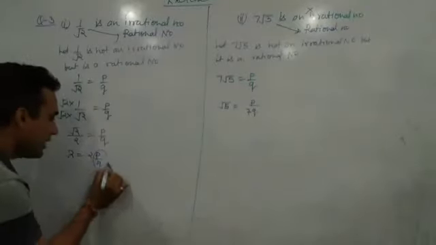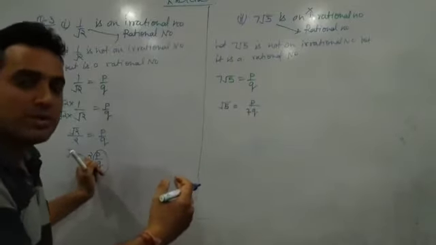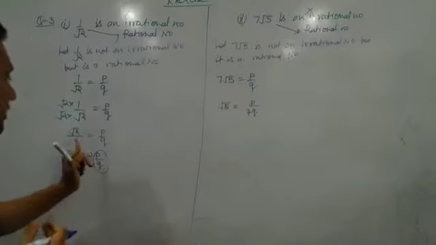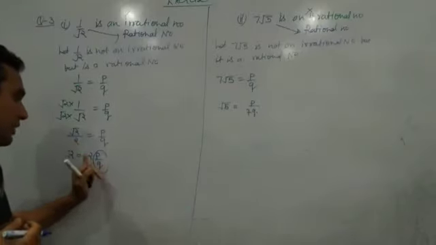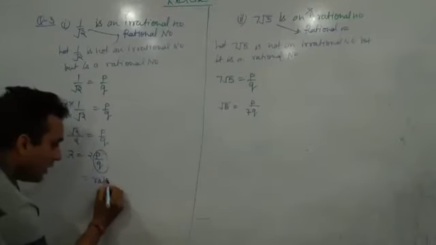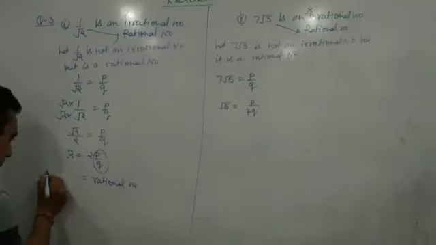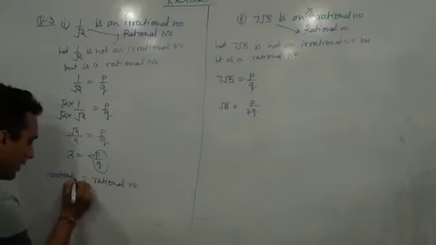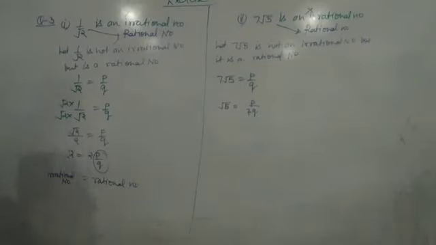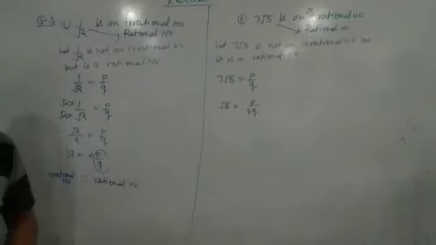Now again, what are we going to observe? We have p upon q as a rational number, and it is multiplied by another rational number which is 2. Then if it is a rational number and it is a rational number, then multiplication of both the numbers will give you a rational number. And we know that under root 2 is an irrational number. How? We can easily prove that by the method whose video was uploaded on 24th of April.